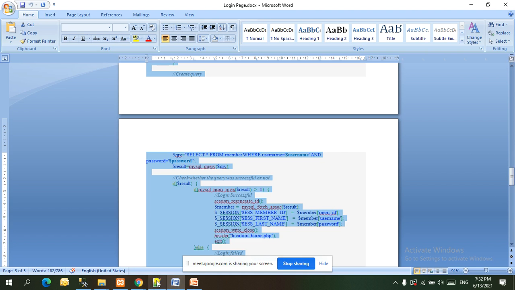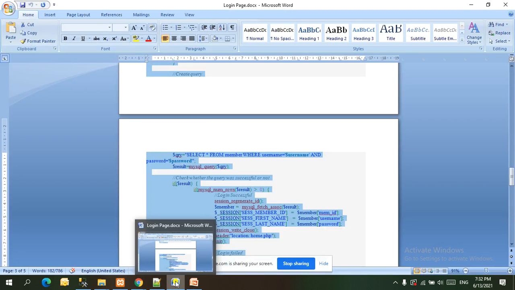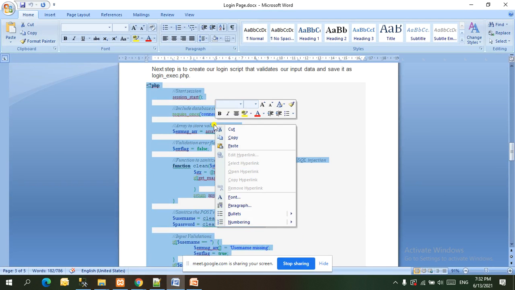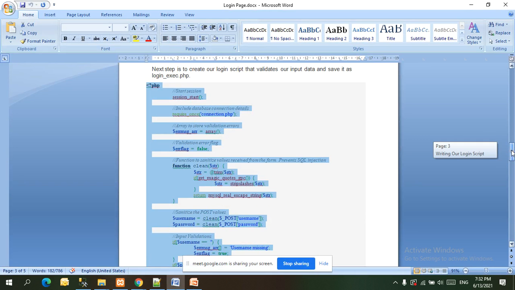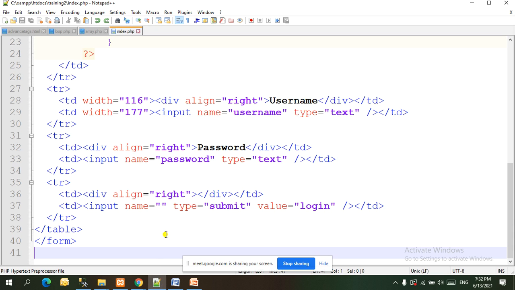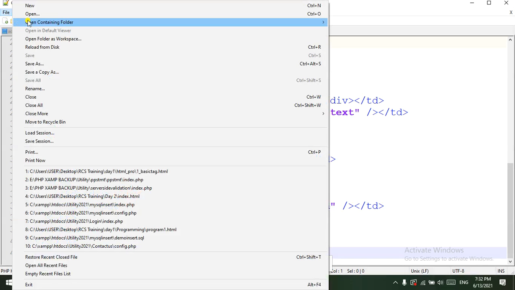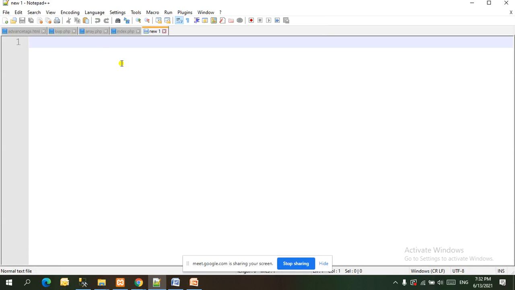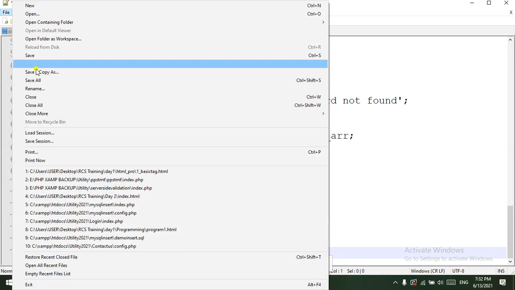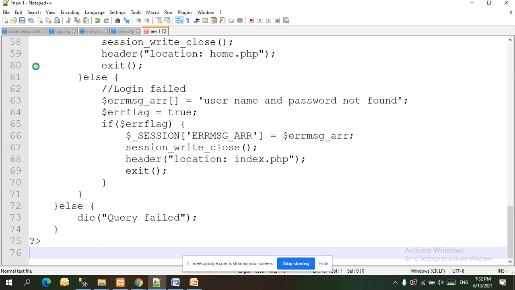Okay, so now I am going to have another page, and we are going to name this page. It is not copied, so copy it, and we are going to name this page login_execute. Either I can take a new one, but taking a new one we will have a problem saving, so we have to do Save As.